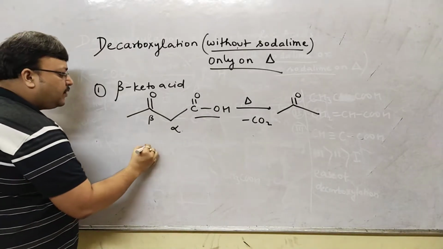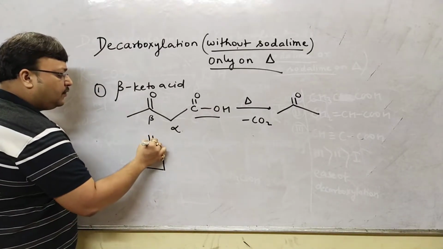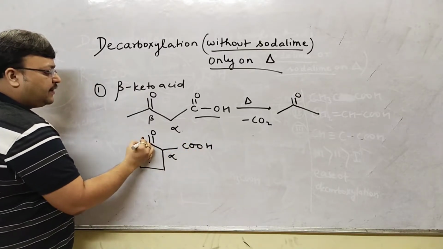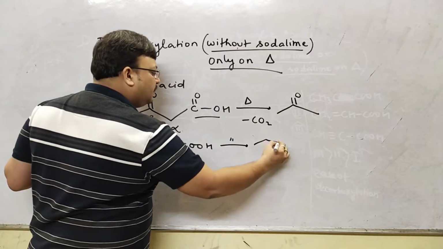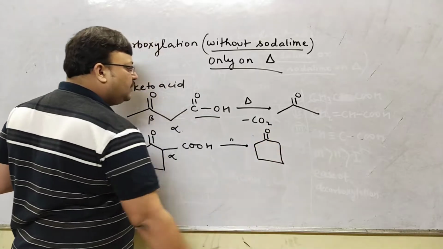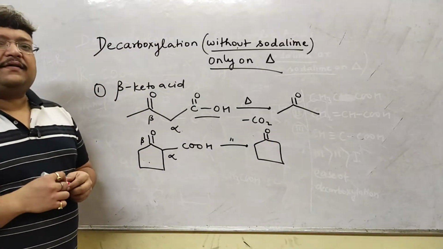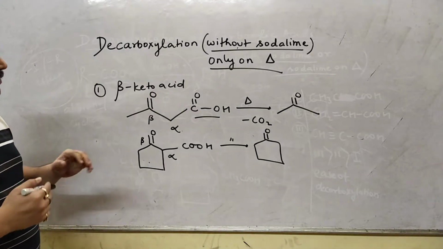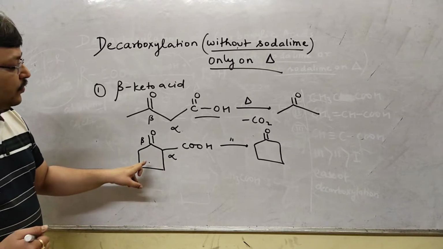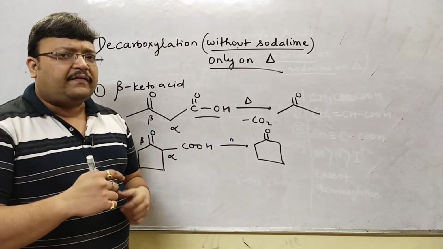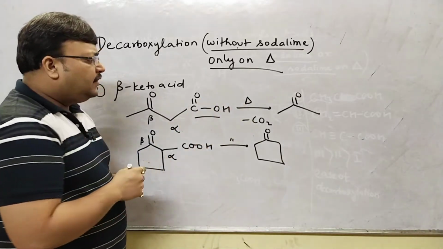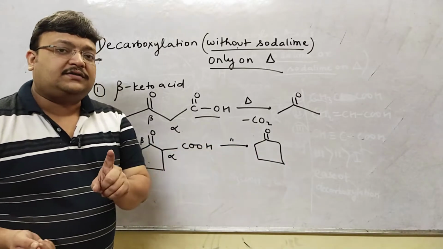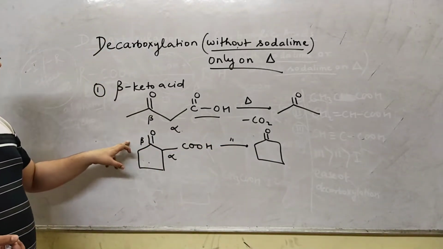It could be an open chain compound, or it could be a ring. Yet again, even if it's a ring, you will see it as a beta keto compound. On heating, this will be the final product. And this becomes very important in reactions which are synthetic steps. In due course, we'll talk about reaction mechanisms where you'll have a product like this formed, and the final answer would not be this compound, but a compound here, because somewhere in the problem you will find a delta sign. That would mean this will also be an option, and this will be the right option because you will want to see this as a beta keto compound.